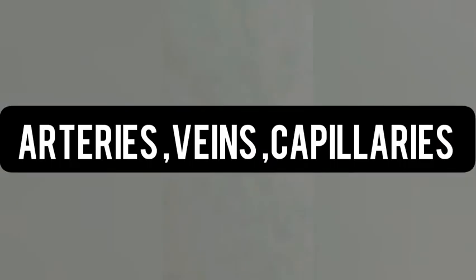Now let us move to another topic: arteries, veins and capillaries. The blood vessels that take blood away from the heart are known as arteries. Vessels that take the blood toward the heart are known as veins. The pulmonary artery, which starts from the heart, transports blood to the lungs. Pulmonary veins starting from the lungs take the blood to the left atrium.